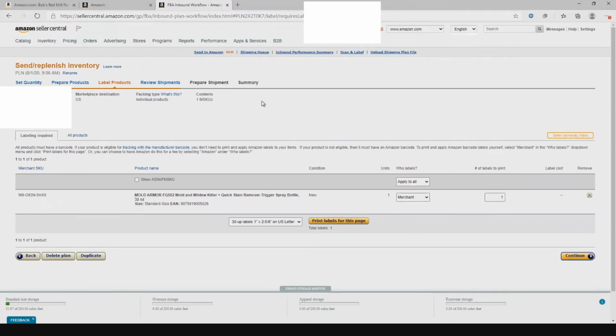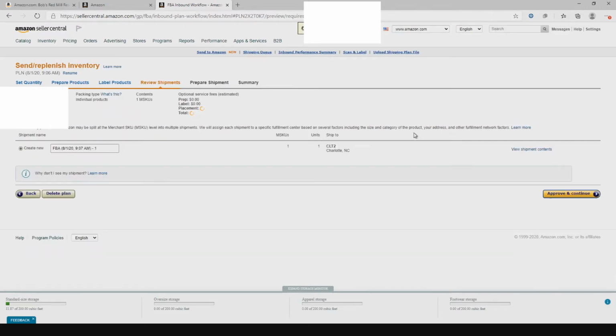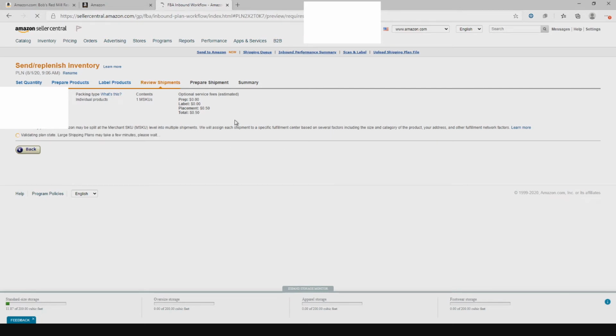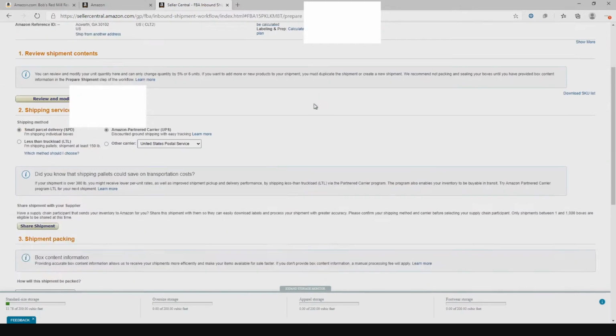So here, this will print out, you click print your labels. So you would print out your label for whatever product you have. And then once you have that, you would stick it onto your product. You would put it over the barcode of your product. Next is your shipment plan. So you just approve and continue after you labeled all your products. Work on shipment. And then here,